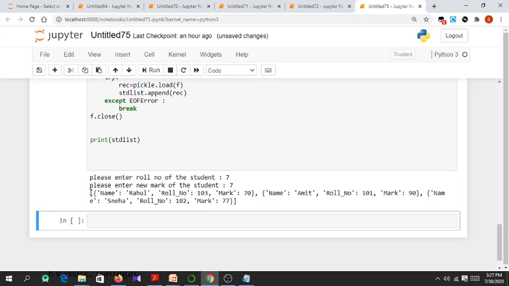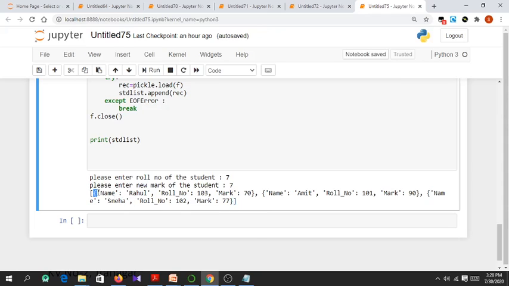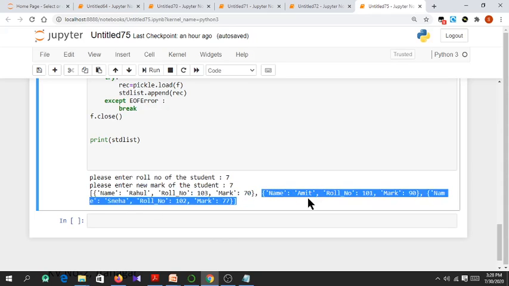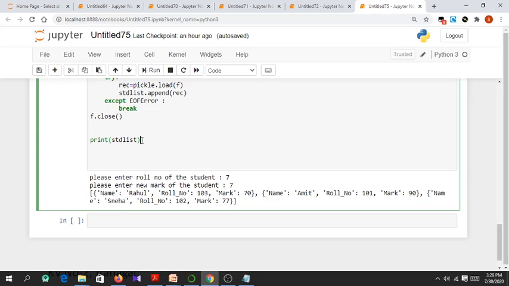See, this is the content of the list right now. Can you see what is there? This is a list. See the brackets? So this is a list. It contains actually 3 elements. All 3 elements are dictionaries. This is the first element, the data of Rahul. Second element is another dictionary, data of Amit. And the third one is also another dictionary, data of Sneha. So this list contains 3 different dictionaries here.